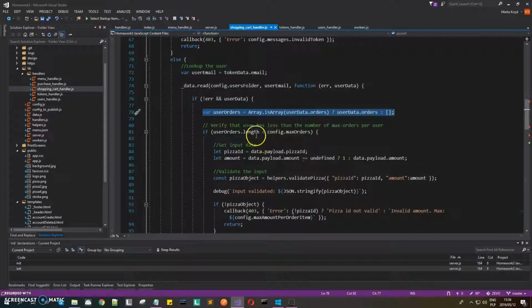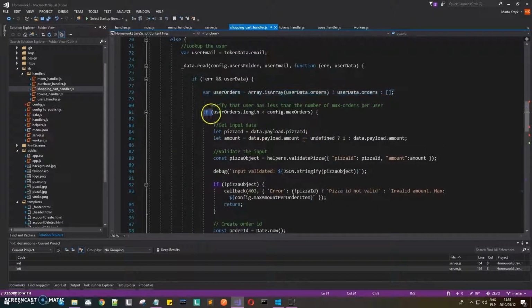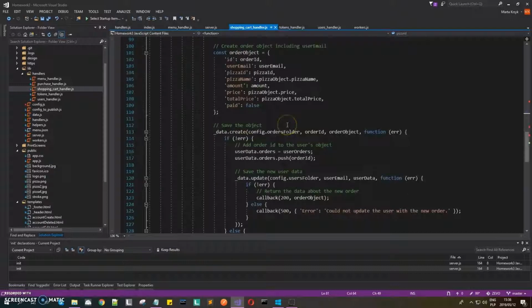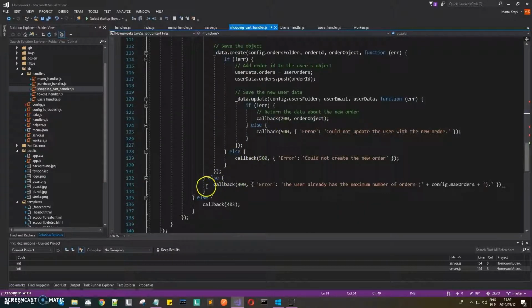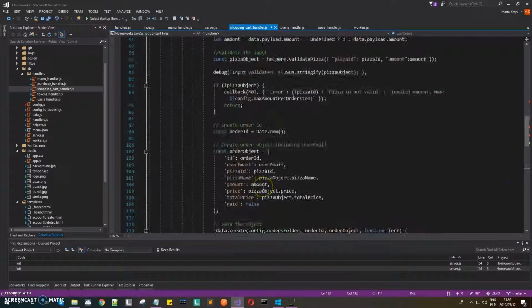So I'm adding another element to the orders array. If the user already has the maximum number of orders, then I have to return an error with number 400. Otherwise, I can